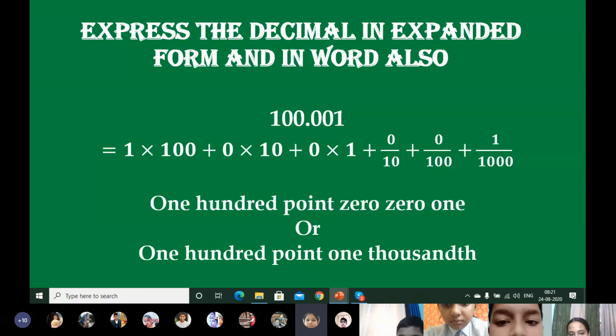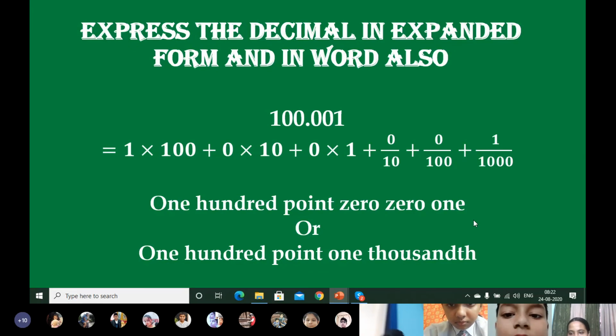Yes, ma'am. In case of expanded form, if you write it like this only then you will get marks, otherwise you will not get marks. Understood? And for number name there are two methods. You can use any one method, but don't mix up two methods. Don't make a khichdi of the two methods, okay? There are two methods, and you can use any one of them. Any confusion?